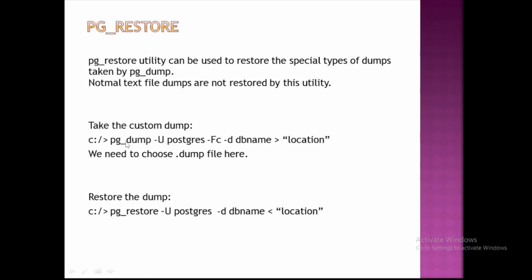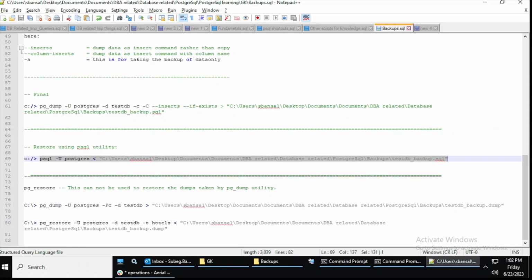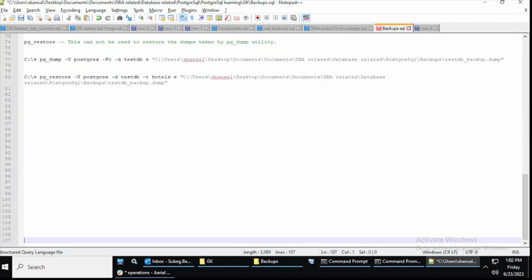So this is a very simple command. We just use this option, and the rest of the things are the same as we had earlier. And then we have pg_restore and dbname. This is also the same. I'll show you in the lab. Okay, so let's move to the lab. So you see here,